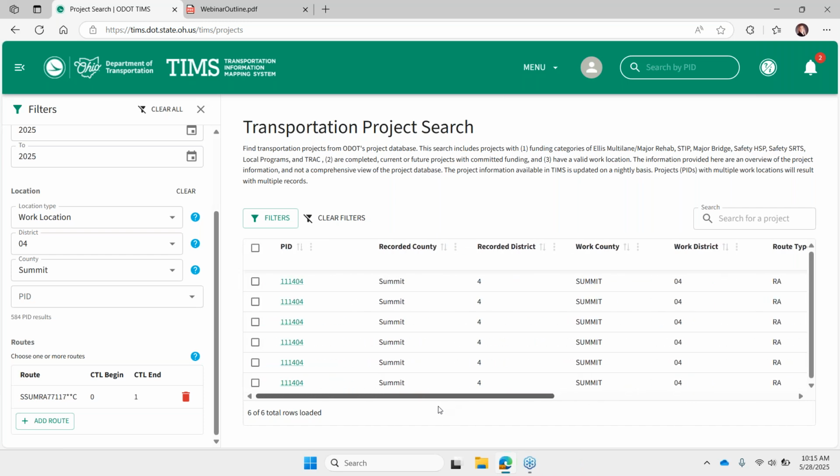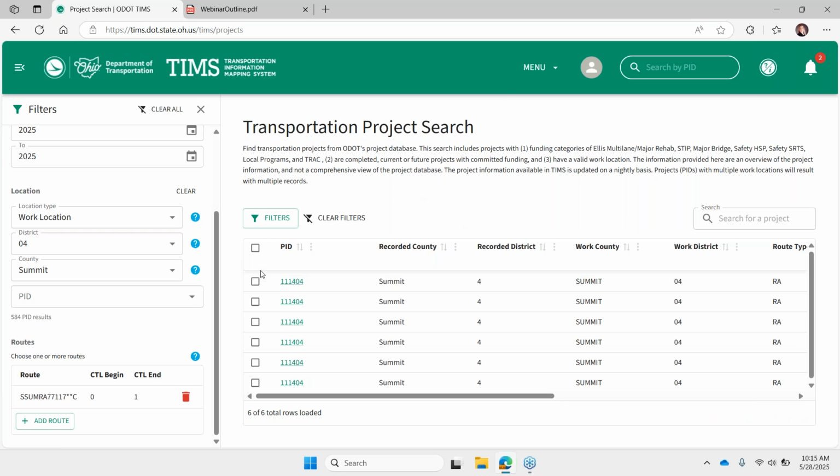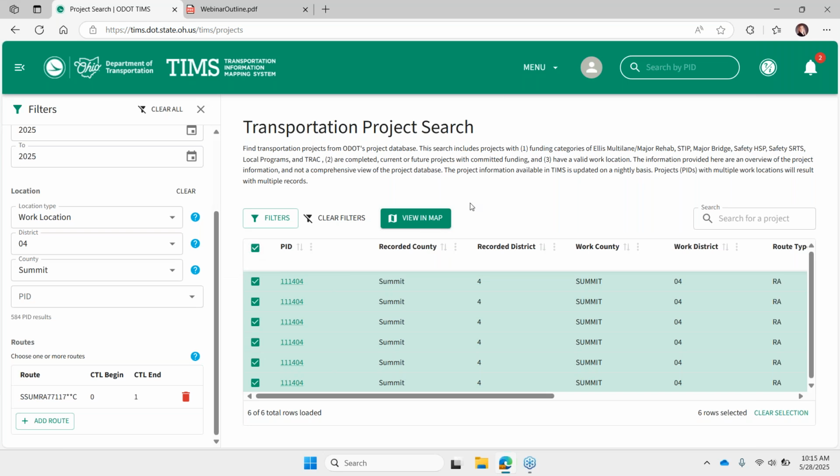Scroll back over to the left. And again, remember we could click on any of these links to get that project information page. We could select one record, and then you see we have the option to view and map. And this view and map button is a responsive behavior. I'll try to point that out every time we encounter it throughout the application. But I see that option once I've selected these records, right? Now that I have them selected, that behavior is enabled, and I have the option to send to map.